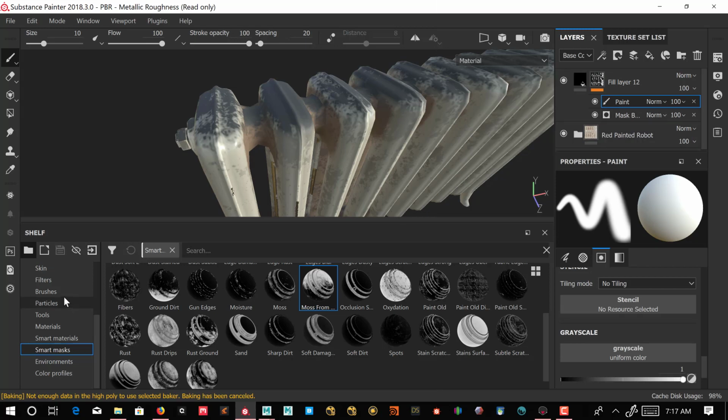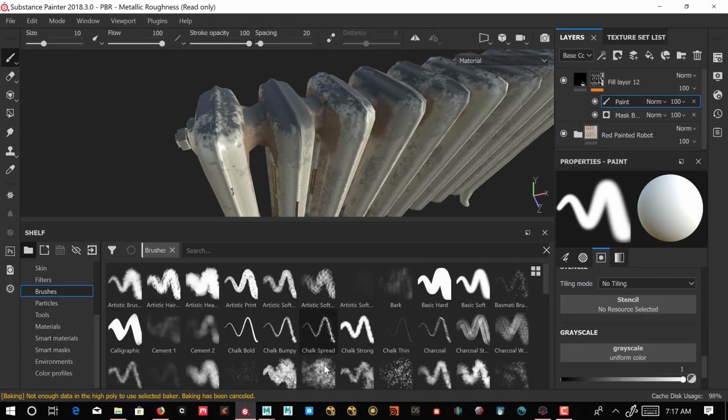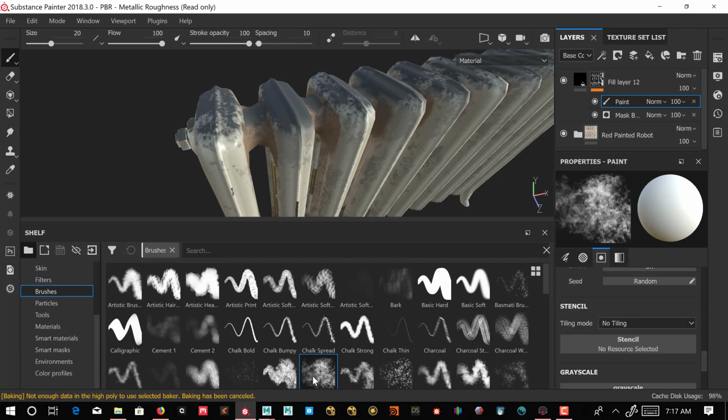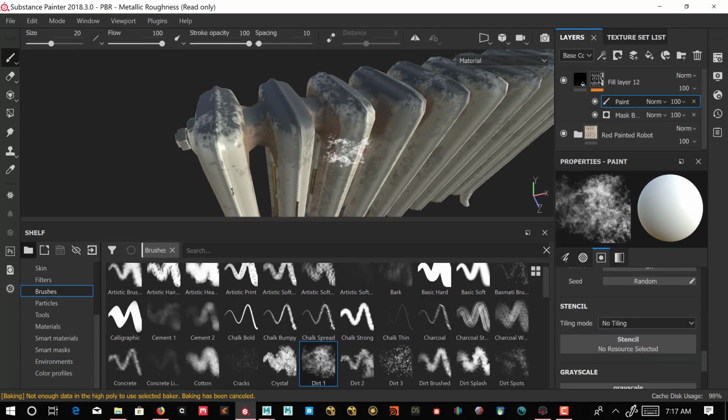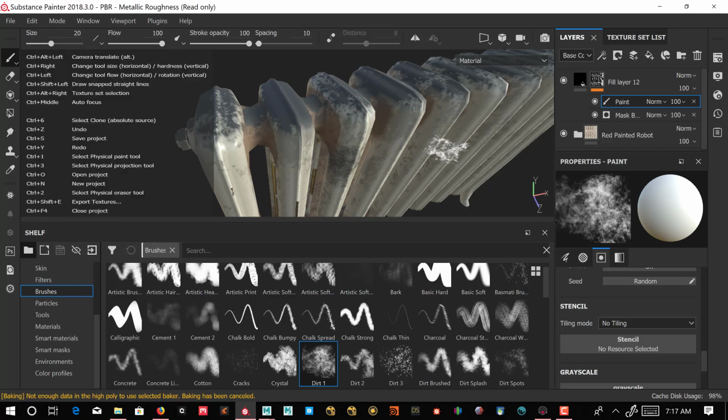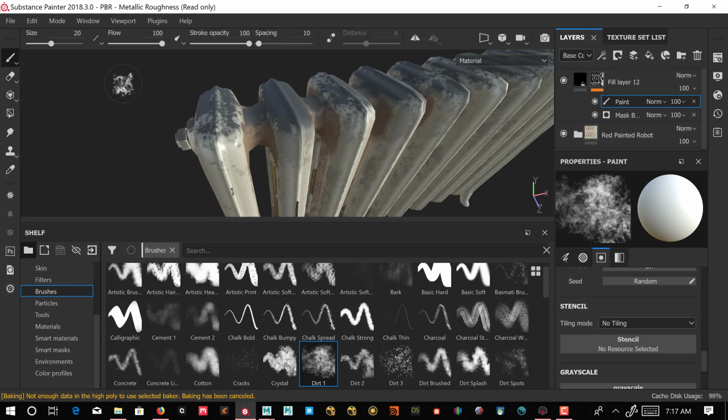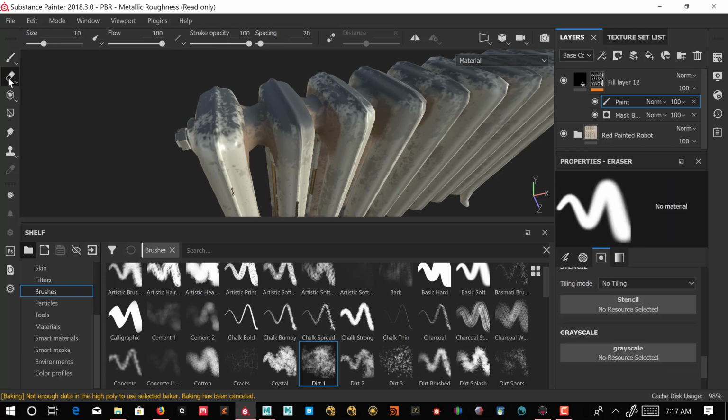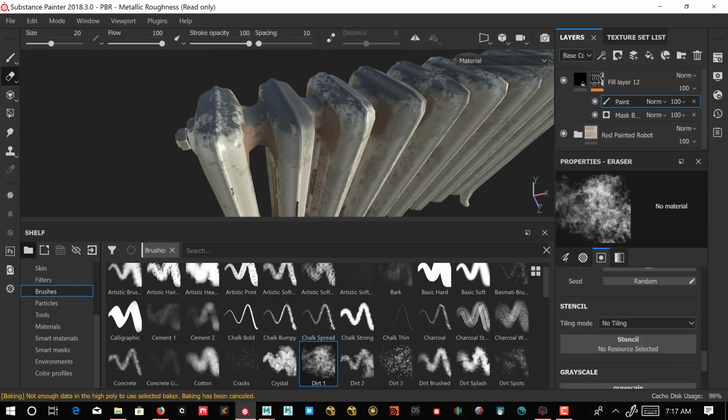And then now we can go in here and select a brush, like let's use this dirt brush. And we can paint in here. So if I wanted to, see, I can paint more dirt, but actually I want to do the opposite. I'm going to come in here with our eraser with that particular brush selected. And using my pen tablet from Wacom, I'm going to just sort of lightly erase the mask,